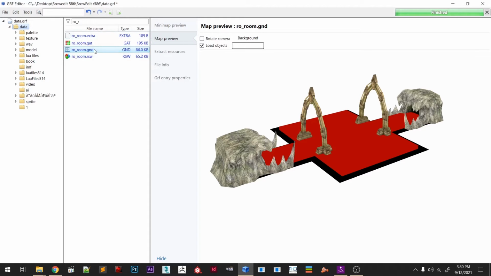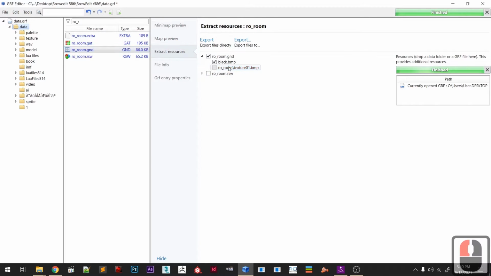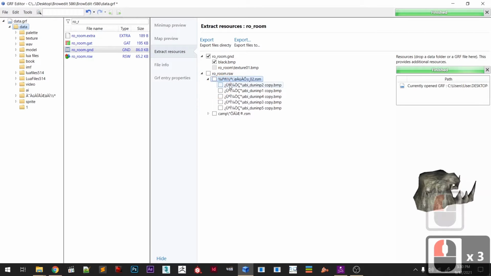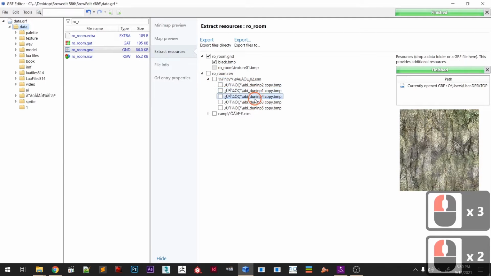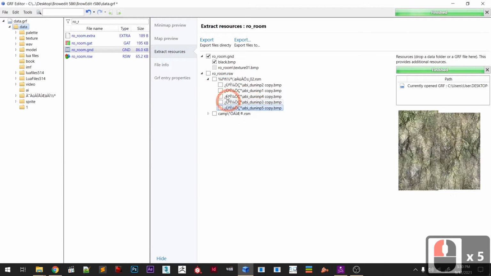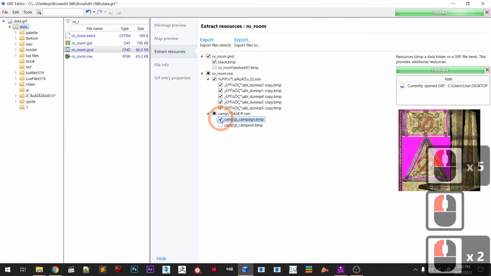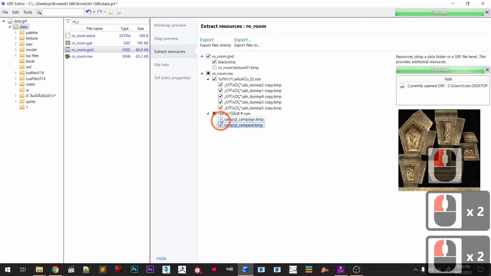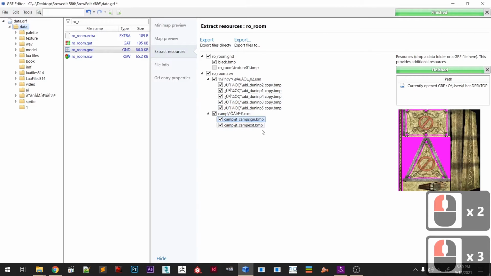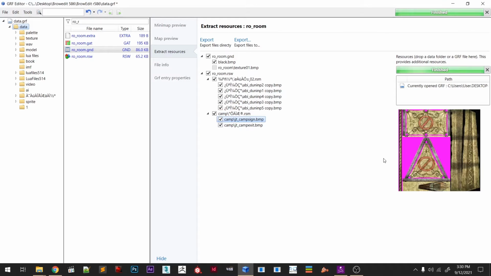So I will go to file resource, and here I can find the object and all the textures that are linked to this object. We're gonna get off this, and here we are going to get this file. Okay, so right now I will export